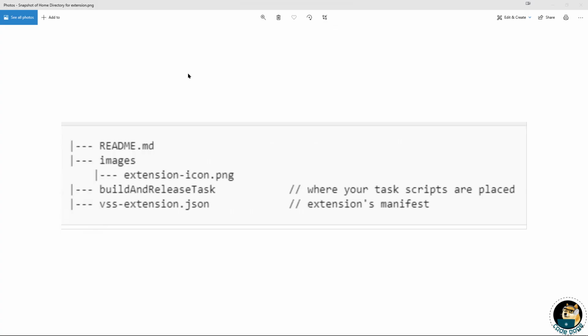Before we begin, I want to give the preface that your home directory, regardless of what you call the folder or directory, should have the end result of a folder structure like this. At the root level of your home directory, you should have a readme file, an images folder with an image that it's going to point to, the build and release task folder, and then later at the end we will create the vss-extension.json. Keep this in mind and make sure that you follow along to have the folder structures in place